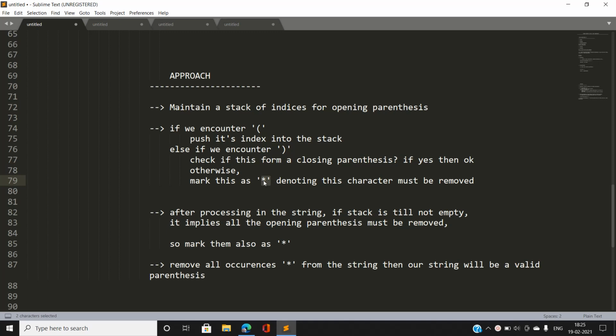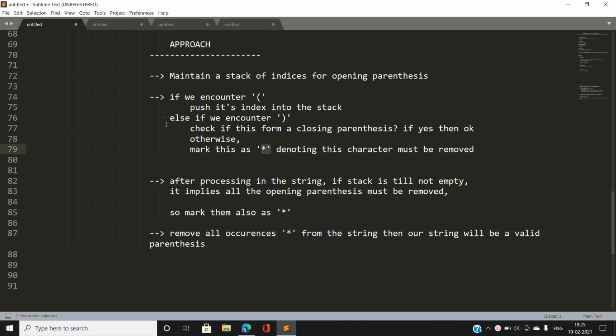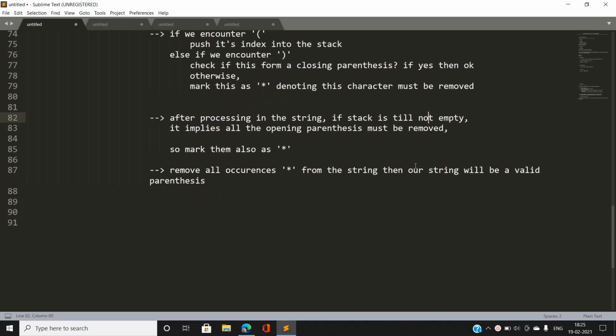Now after doing this operation for every character, after processing the string has been done, if the stack is still not empty, that is, there are indices of opening parentheses and we haven't found any closing parenthesis that can make a valid pair, these opening parenthesis characters must also be removed.